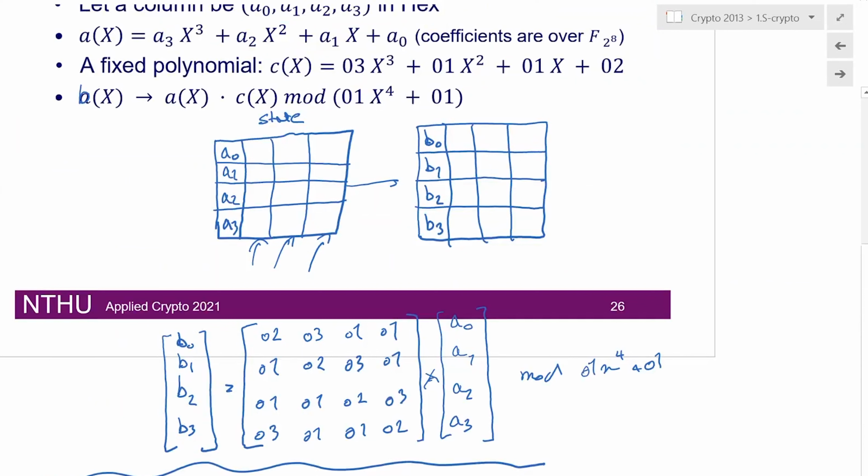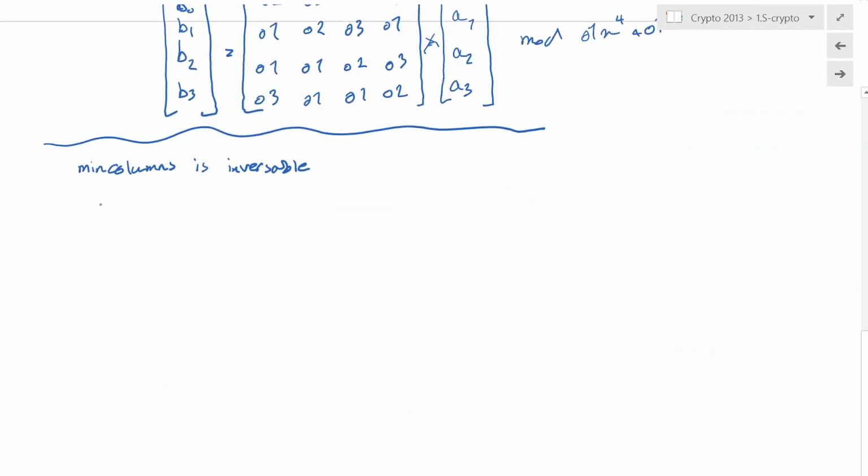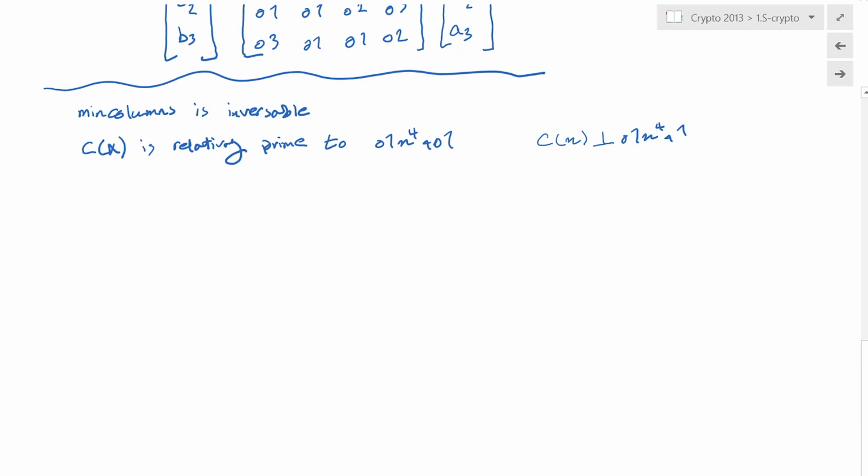So you may wonder, why are we choosing these different values or these c's? These are some polynomials that we call c(x). Let's say this one is relatively prime to, or irreducible with, the polynomial. In mathematics we would show they are co-prime with 0, 1, x^4 plus 1. So what does that mean? According to the theorem that we have, when two polynomials are co-prime with each other, they are relatively prime. Which means that there is always a